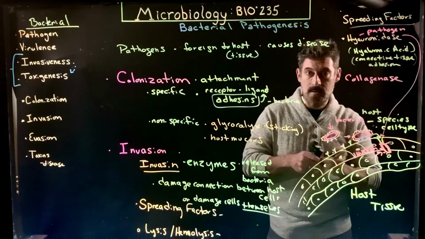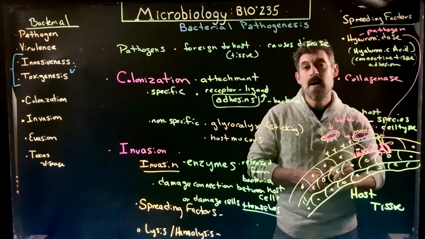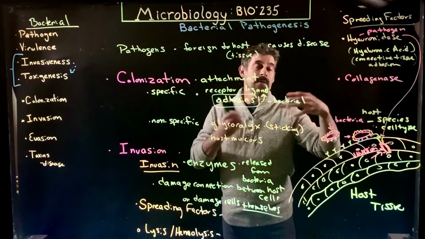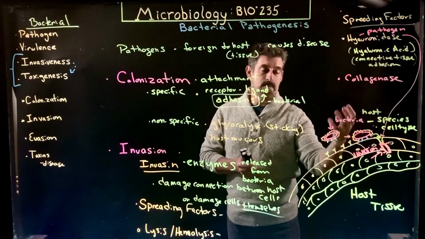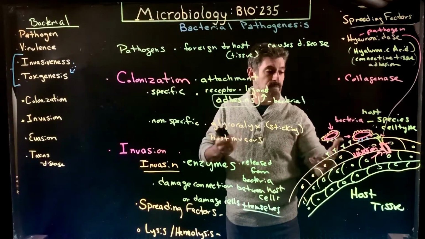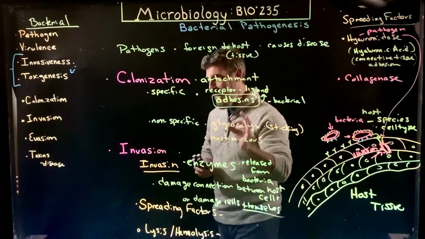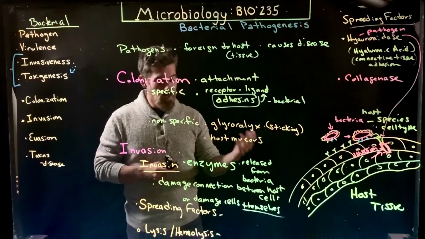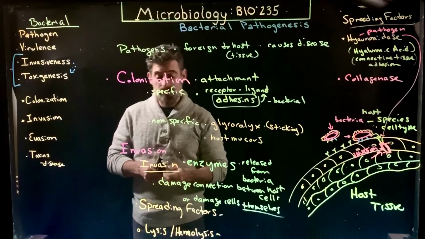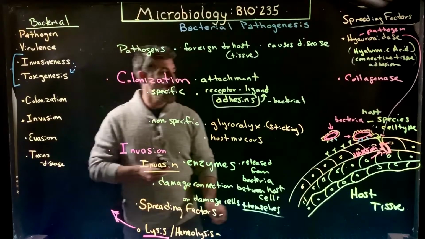Obviously, it's going to break down collagen, which again is going to allow the bacteria to penetrate deeper into the tissue. And there are a number of other types of spreading factors that will break down tissue connections and allow the organisms, the bacteria, to get into the tissues more so. And I guess the idea is to spread from the initial site of attachment throughout a tissue. Now, while that's happening, they can be producing other sorts of enzymes. All right, so these are the enzymes that are going to be involved in lysis of the cells.